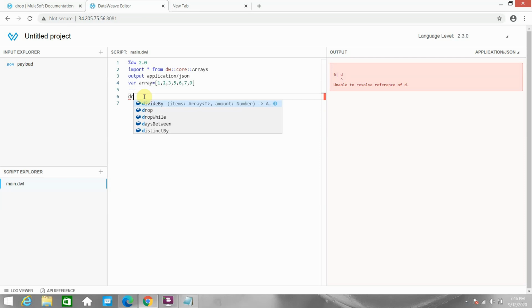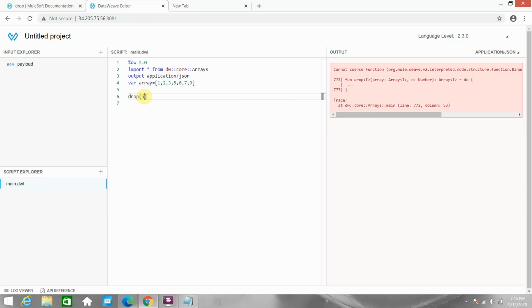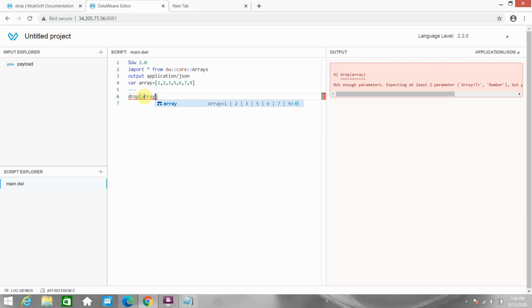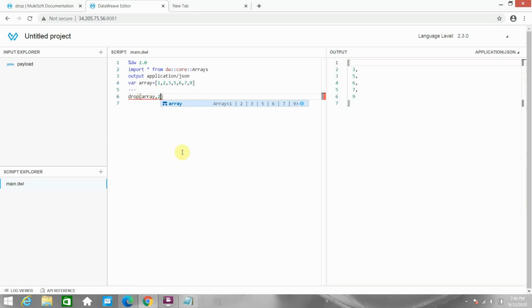So I will say drop array comma 2. It will drop the first two elements, 1 and 2, and you can see in the output it's 3 5 6 7 9. There might be a requirement where you don't have to consider the first objects in the payload of your array, so you can use this drop function.